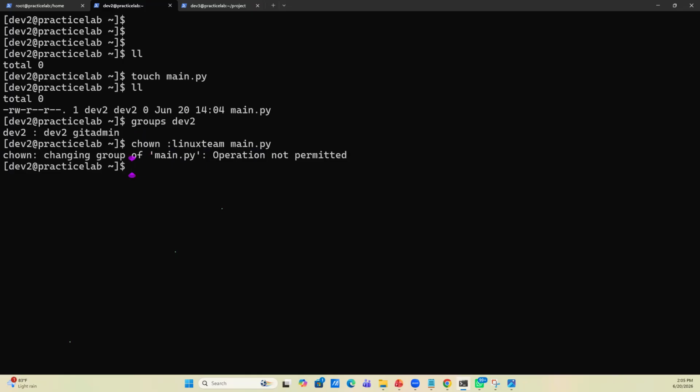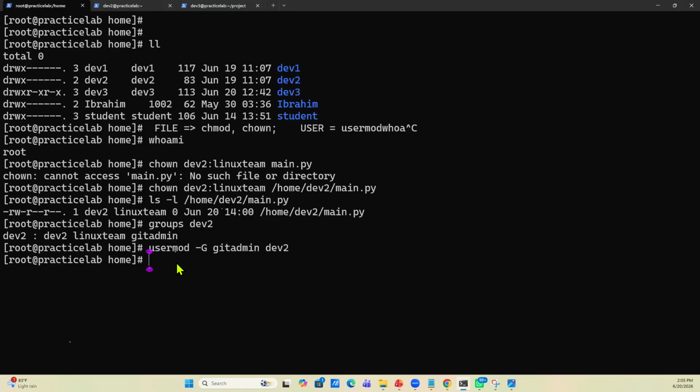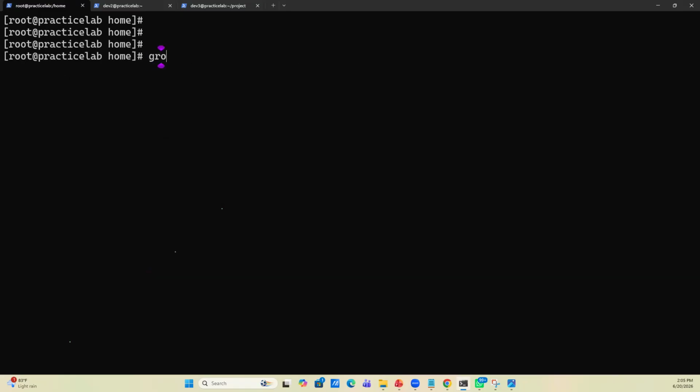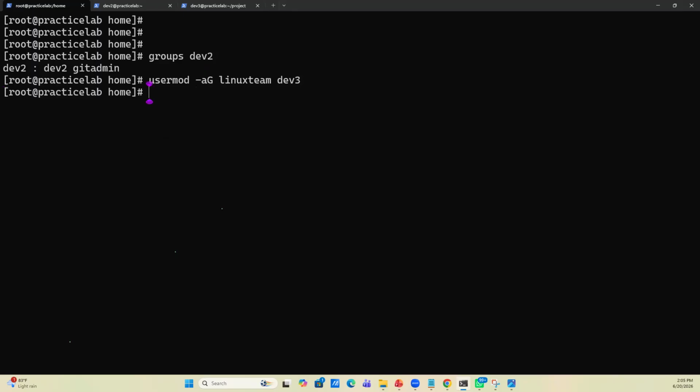Okay. Now, when root decides to add me back in there, because remember, groups dev2 is git admin only. So root is going to say, okay, let's go ahead and modify, give a Linux team to dev3. Okay, so dev3 has got that, and we can check the groups again, right? We can check the groups again. Now,